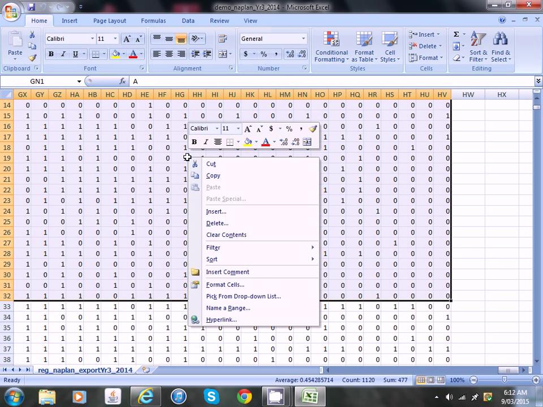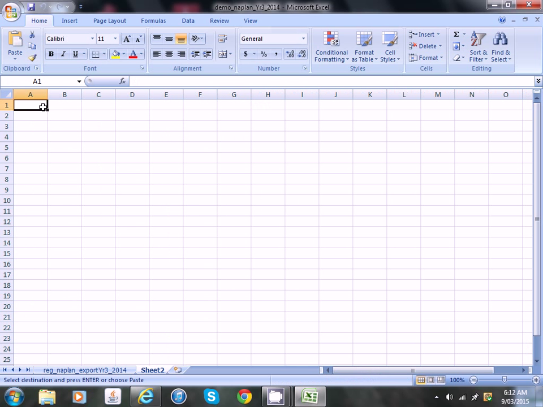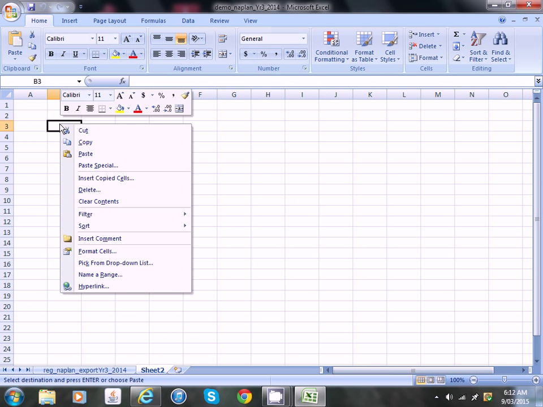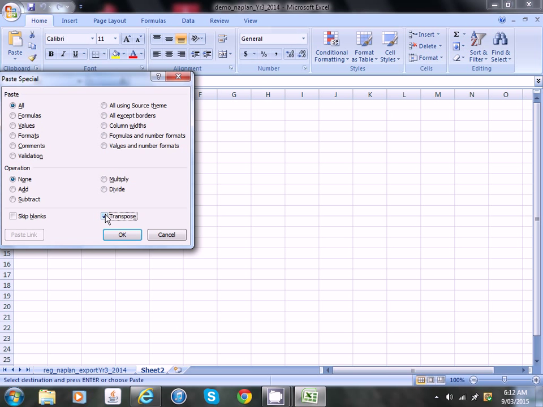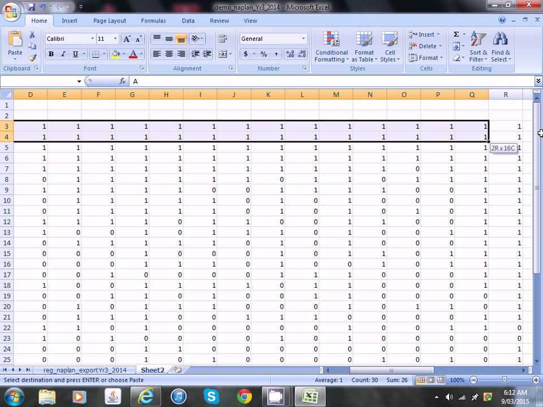I'm going to copy that. I'm going to paste that into a new sheet. I'm going to paste it a little bit down so we've got some area to work around on the sides. I'm going to use paste special. I'm going to transpose this data, which means instead of it running from left to right, it's going to run from the top to the bottom. Now one thing that we'll do is, while that data is selected,